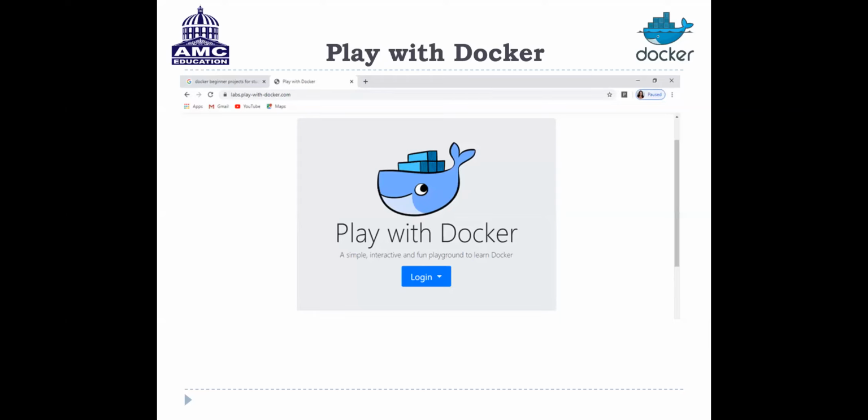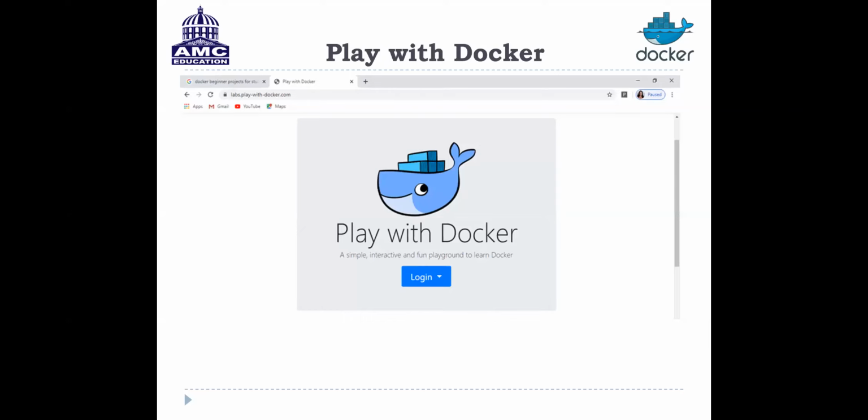First we have to go to Google. We have to type Play with Docker, then click on login. Once we click on login, it will open Docker. Now it will ask you for the email ID, the Docker ID and the password.